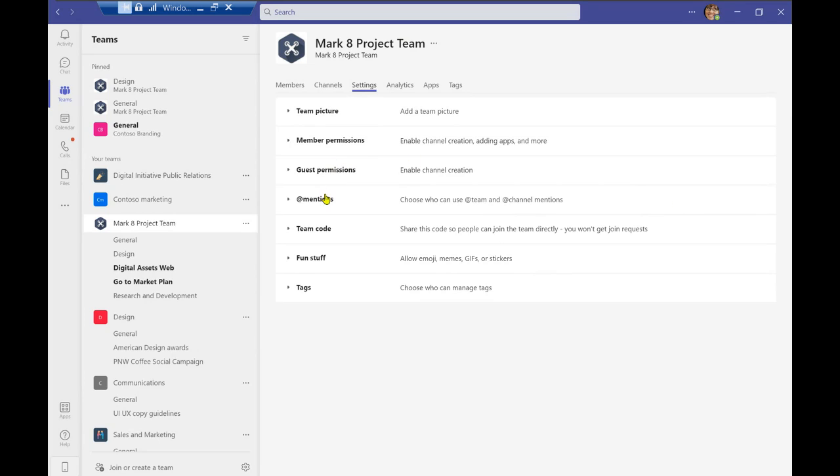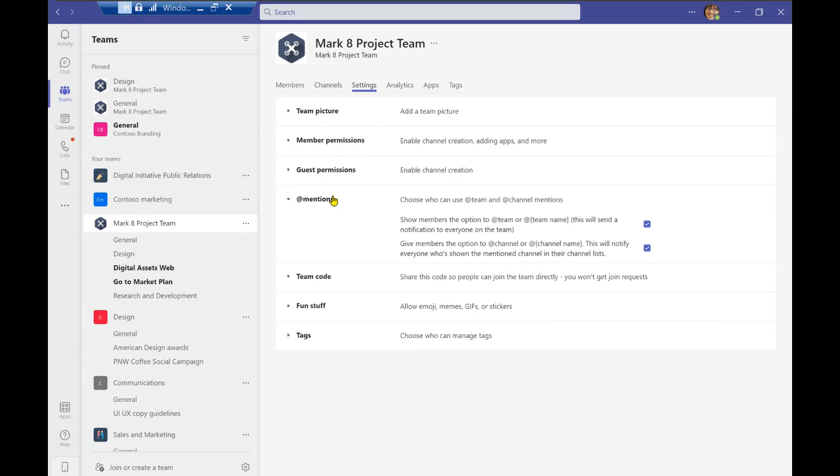Now, along with guest permissions, you have your @mentions right over here. Having that @mention tag open is relatively important since a lot of information can get lost in the teams and channels that you do have. More often than not, when you are tagged in a task or you have something due, perhaps in your day-to-day functions, you may want to save that information for later.